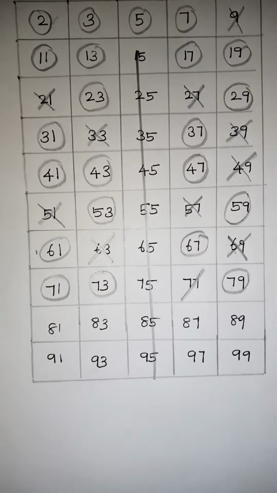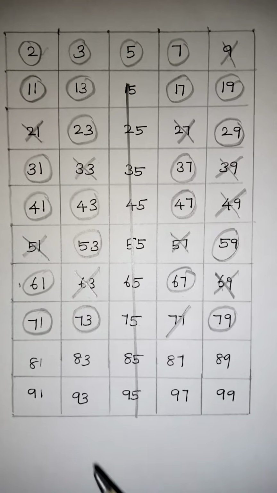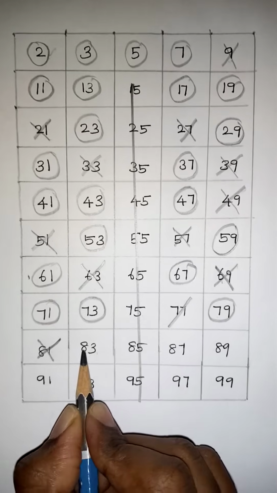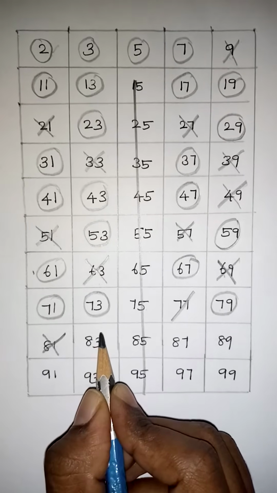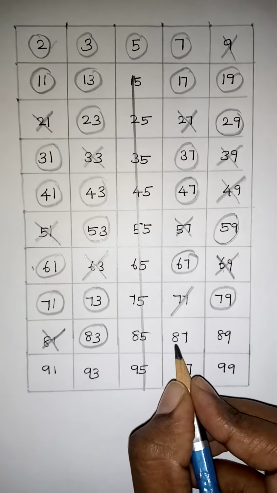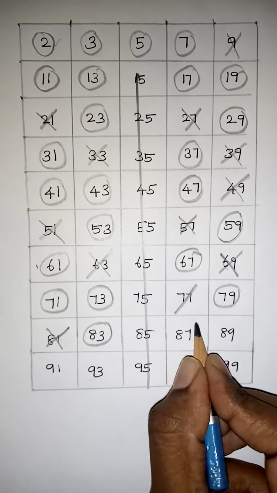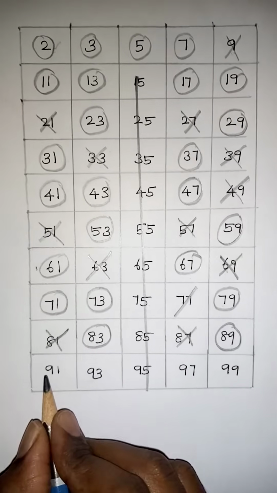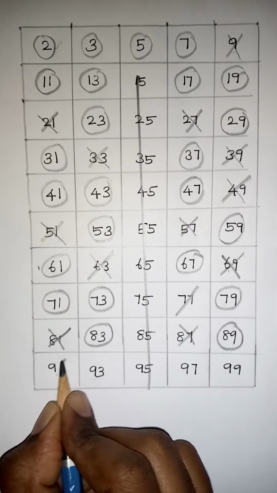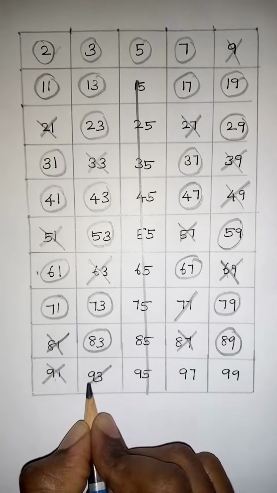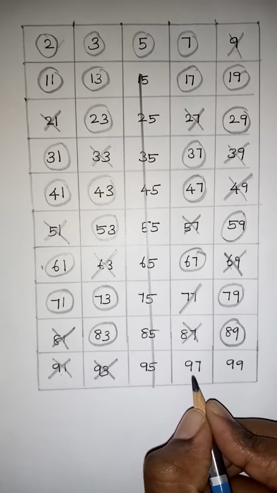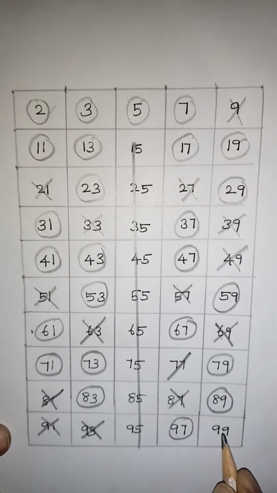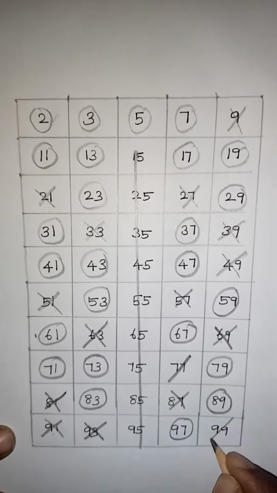So here 81, 8 plus 1 is 9, it will come in the 3 table. 83, 8 plus 3, you just add, it is 11, so not in any table, circle it. 87, addition 15 is coming, so 3 table. So 89 is a prime number. So 91, it will come in the 7 table, so it's not a prime. 93 will come in the 3 table, it's not a prime. So 97 is a prime. 99 again it will come in the 3 table, so you can cancel.